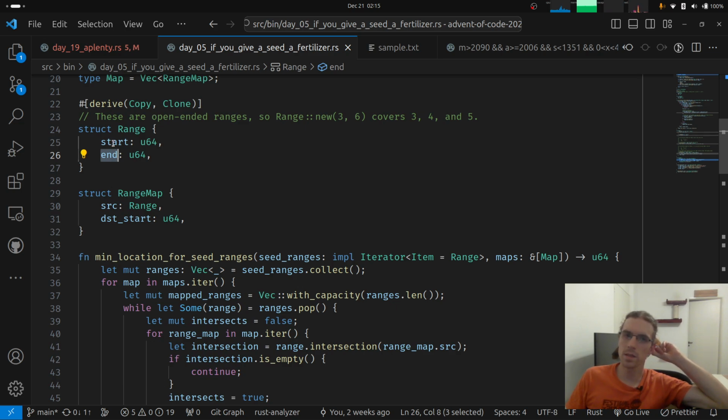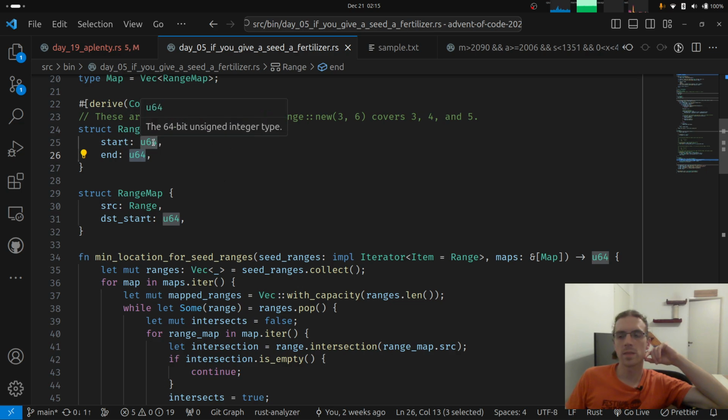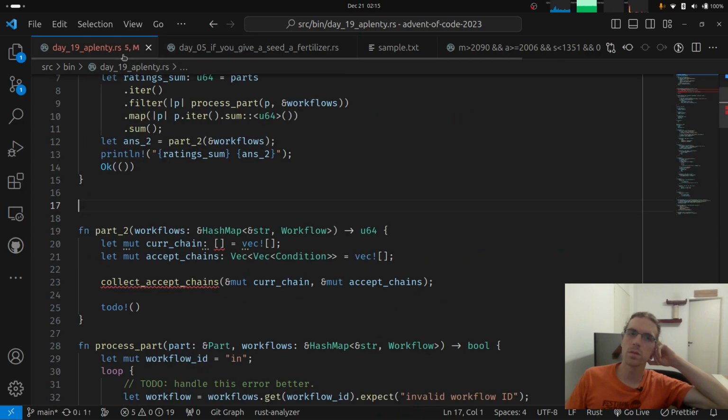Although this representation has the very nice property that it can represent empty intervals, empty ranges very naturally,